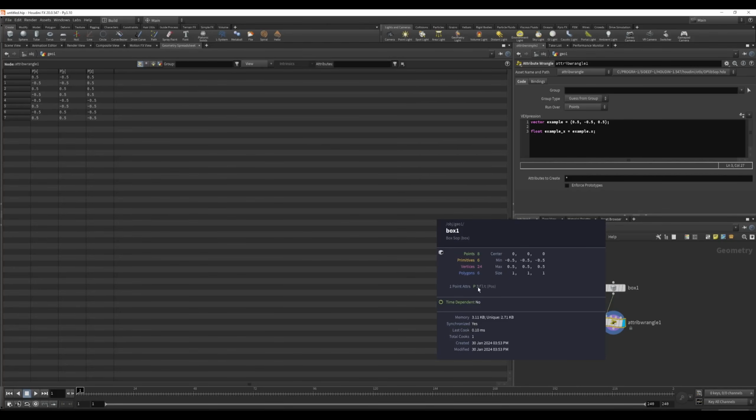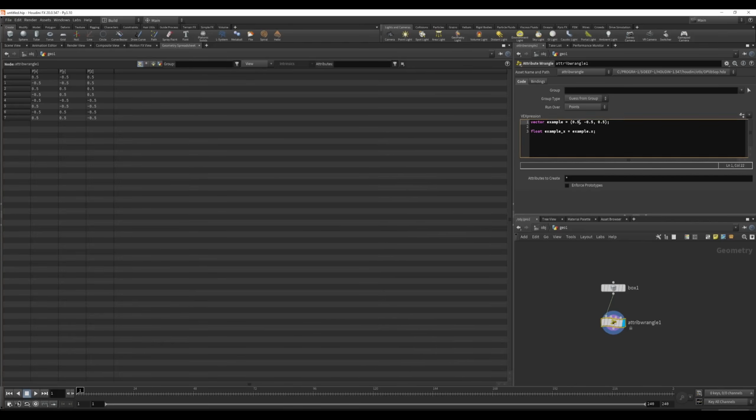We have the P position, that's a 3 float, and we've just typed in 3 floats in here to make up the basis of our vector example. In order to get a singular component baked into a variable, example x, we can just write in the name of our example. We could also rename this to component x just to make it a little more apparent that these aren't the same thing. So we've got our vector example, which is 3 floats here, and then our float component x, which is now equal to